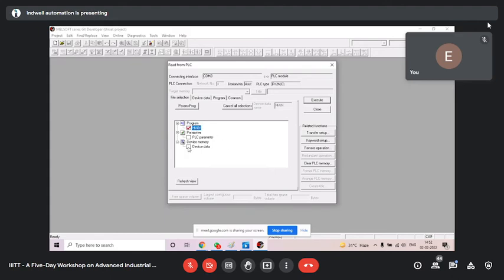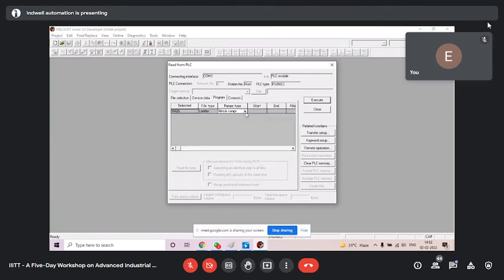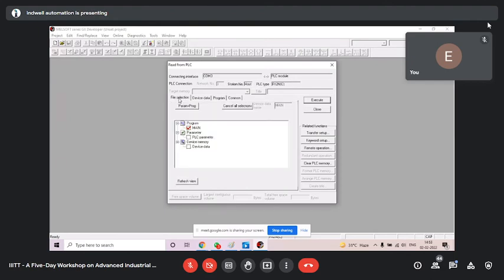Now only main, let me select, or you can select parameter also. And if I click execute, you should not select this range, because you don't know how many steps we have inside the PLC. You have come now only, it is new for you. So you should not select this, but you should do whole range execution.